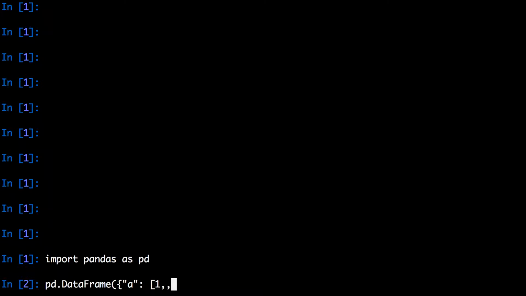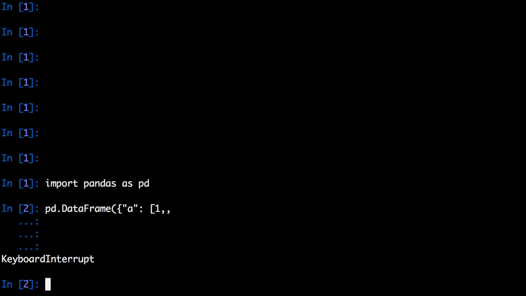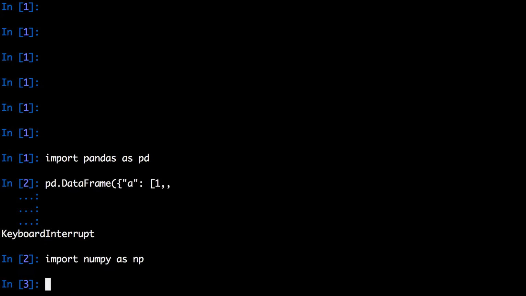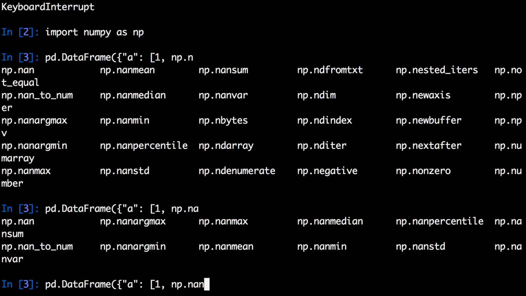What is 4040? Import numpy as np, and I do np.nan. Anyways, you just know that it affects the size, and at a fundamental level it's just